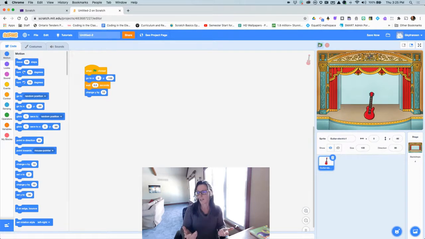I said down, I saw it go up. I'm like, oh, why did that happen? Read, analyze. Oh yeah, I have a positive 10 here for my Y. If I wanted to actually go down, minus 10, this is where we're testing our code again. Put my guitar in a random spot, click the green flag,